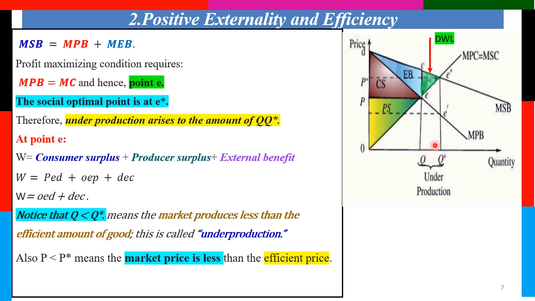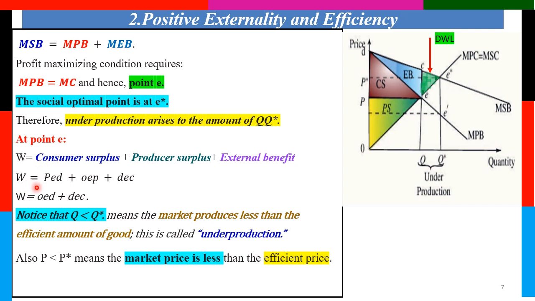This distance. At point E, here at this point, the welfare or well-being of the society is equal to the consumer surplus, this dark area, plus the producer surplus, this brown area, plus the external benefit, the blue one, this external benefit. So when you add these three triangles, this dark area, this brown or yellow area, plus this blue area, then you can get what? The total welfare or well-being,